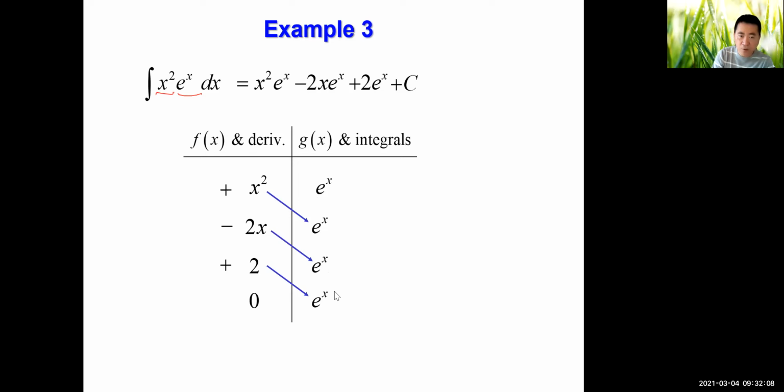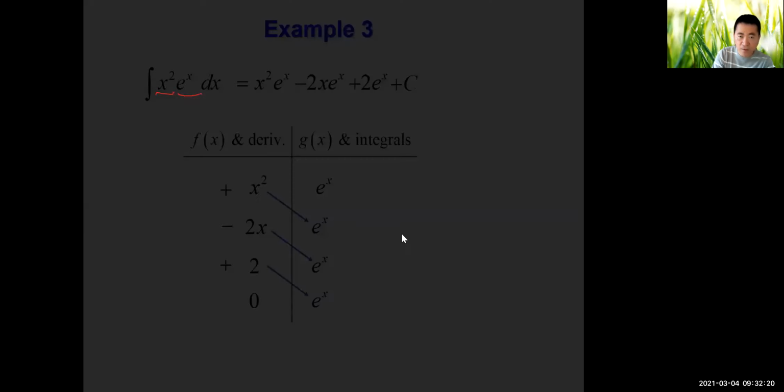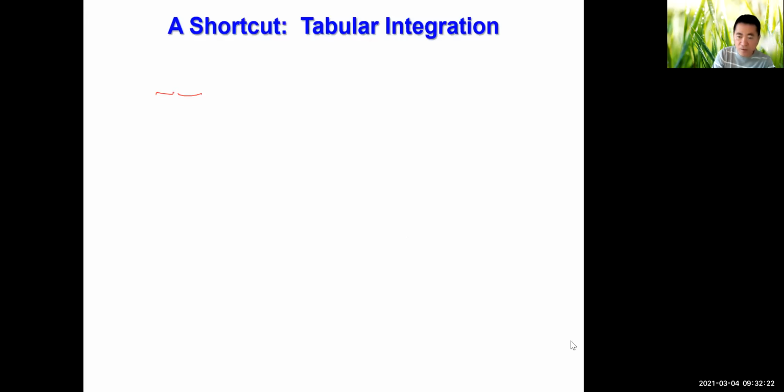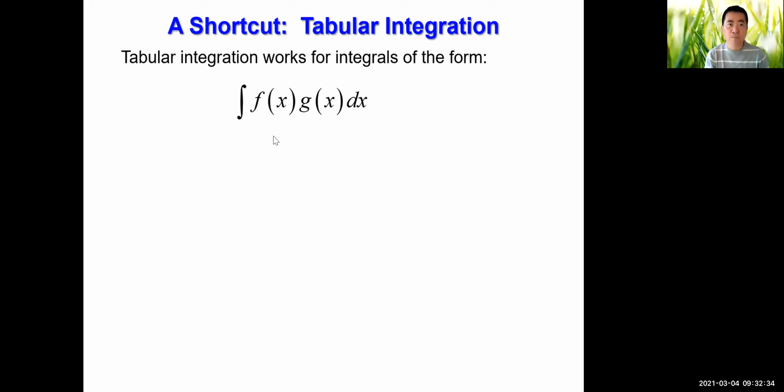Find the derivative, find the antiderivative, put in the signs alternately, positive and negative, and you can multiply diagonally, basically following this pattern. And then this will give us what we call the shortcut, and we call it tabular integration. All right, so let's look at this one here. Tabular integration works for integrals of the form, if you have to integrate two functions, f times g,